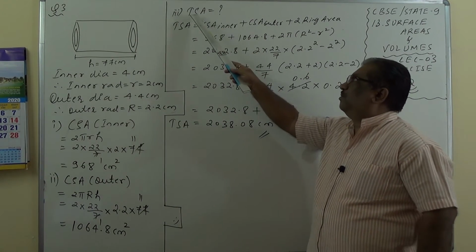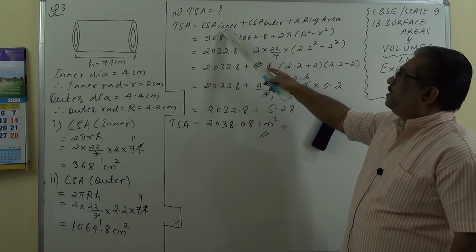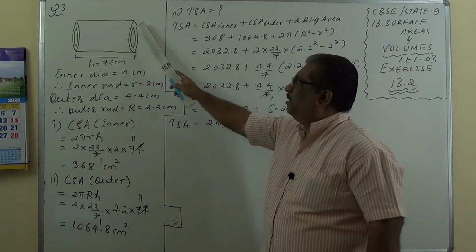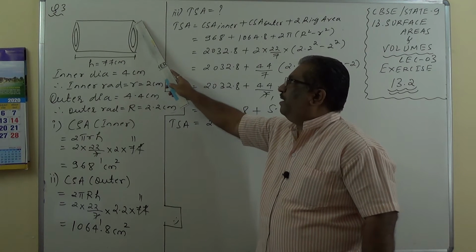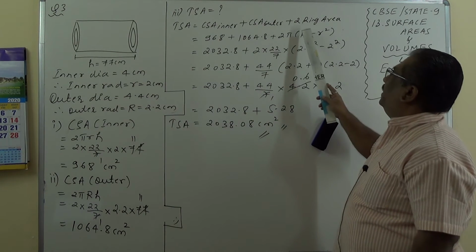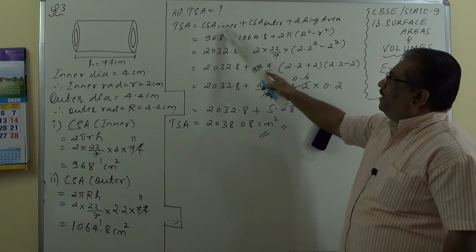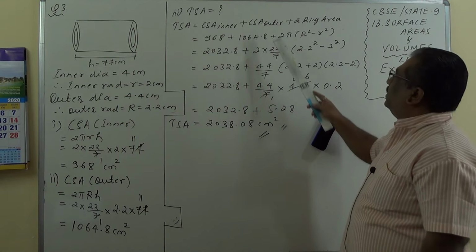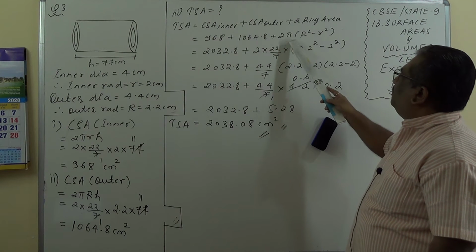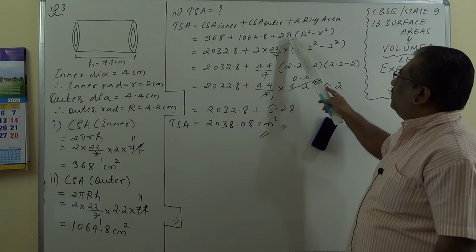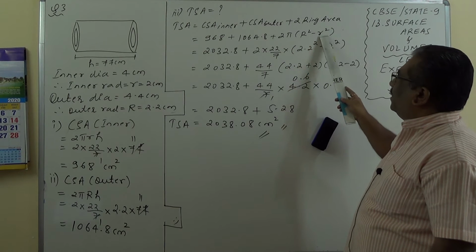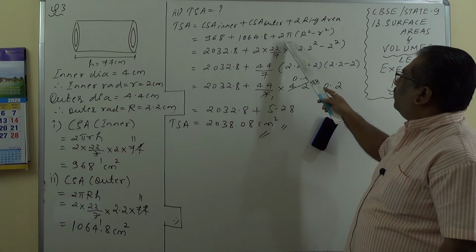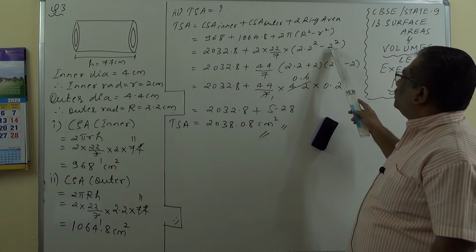Now total surface area is curved surface area inner plus curved surface area outer plus 2 times ring area, because the top ring area plus bottom ring area both being identical, 2 times ring area. So CSA inner already we have calculated from 1, CSA outer from 2 already calculated, and ring area is nothing but pi times capital R square minus small r square, 2 times pi into bracket capital R square minus small r square. So this works out to be 2032.8 plus 2 into 22 by 7 into 2.2 the whole square minus 2 square,